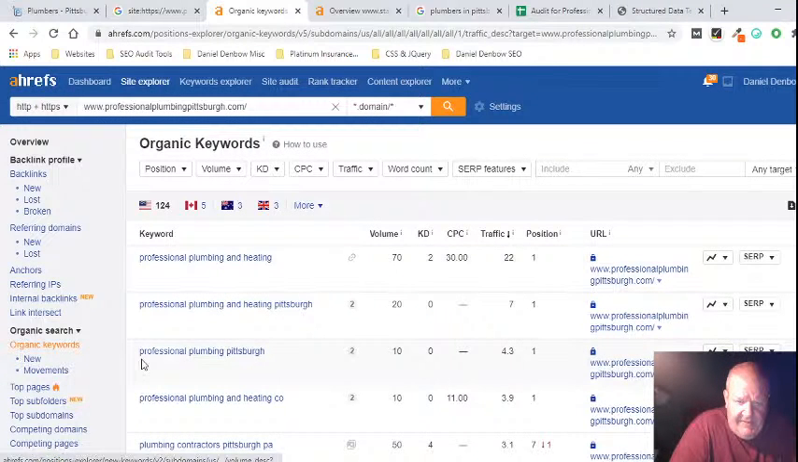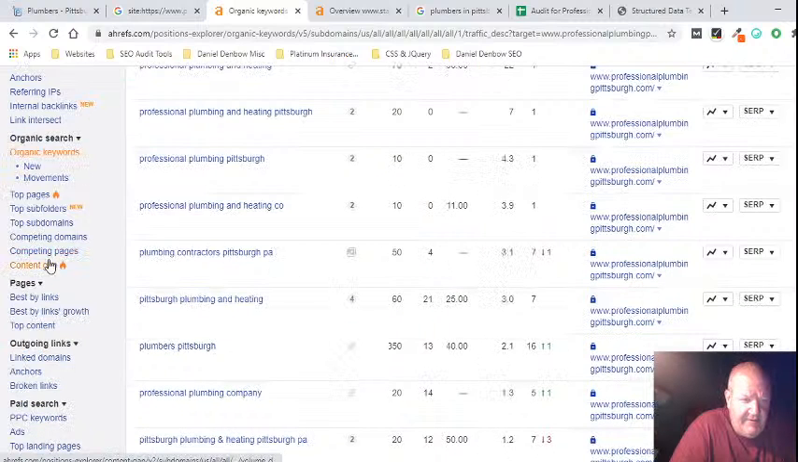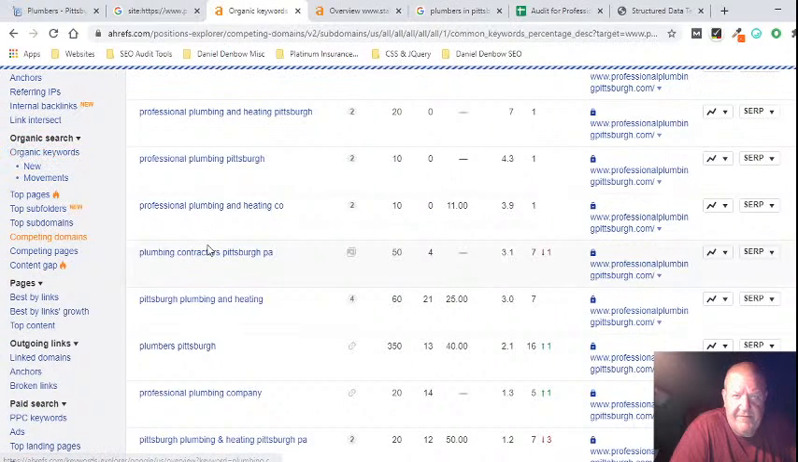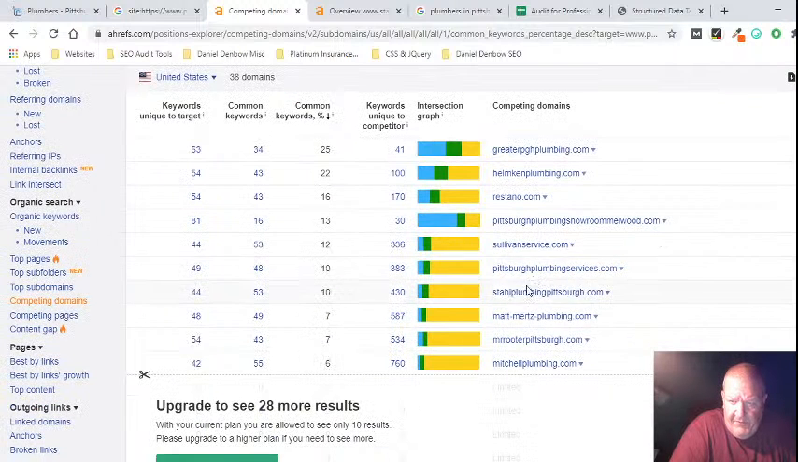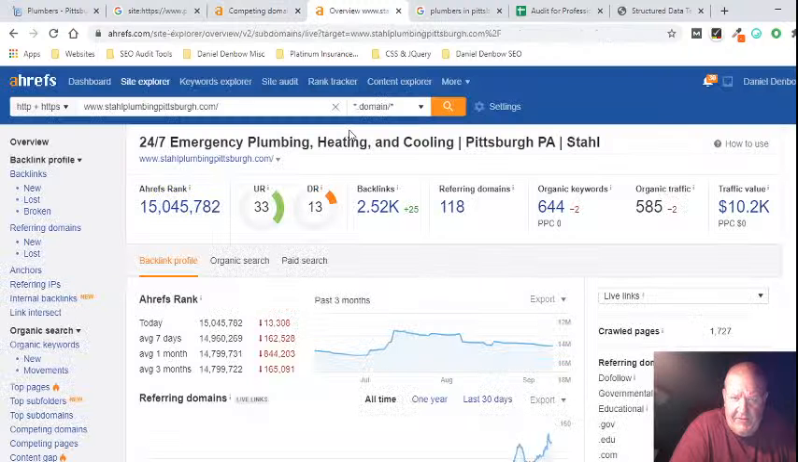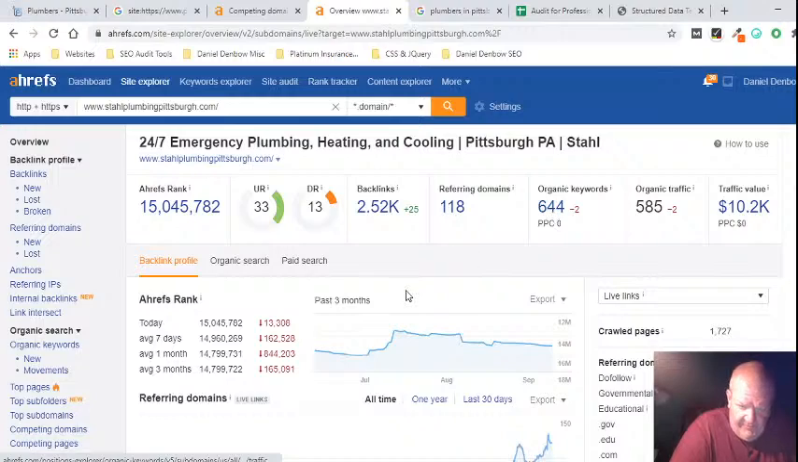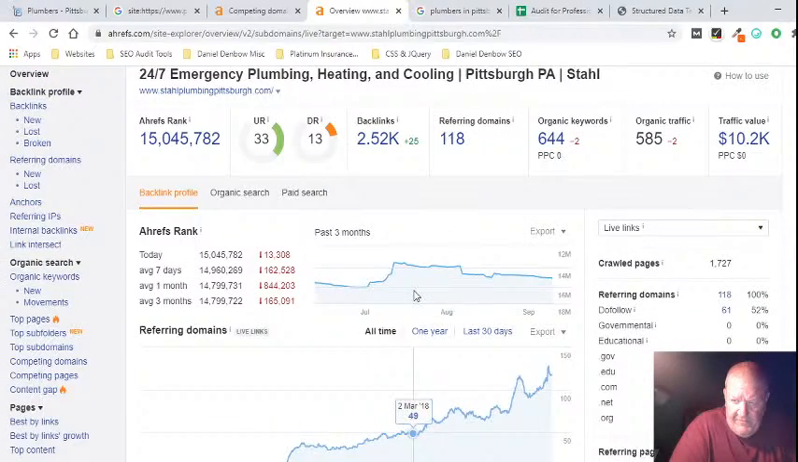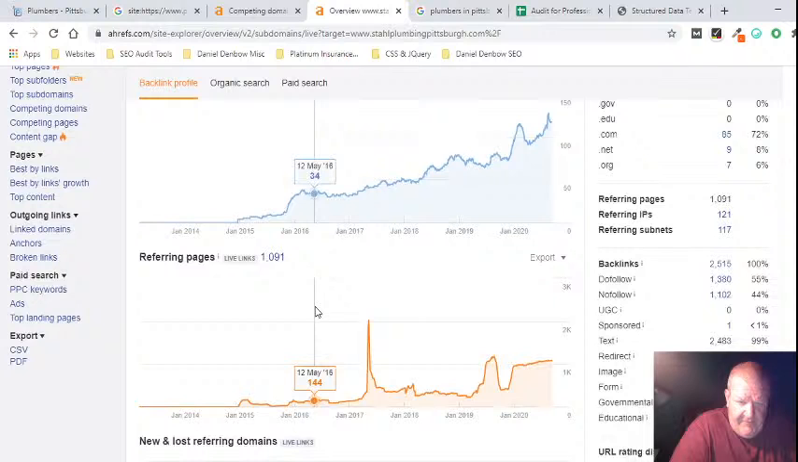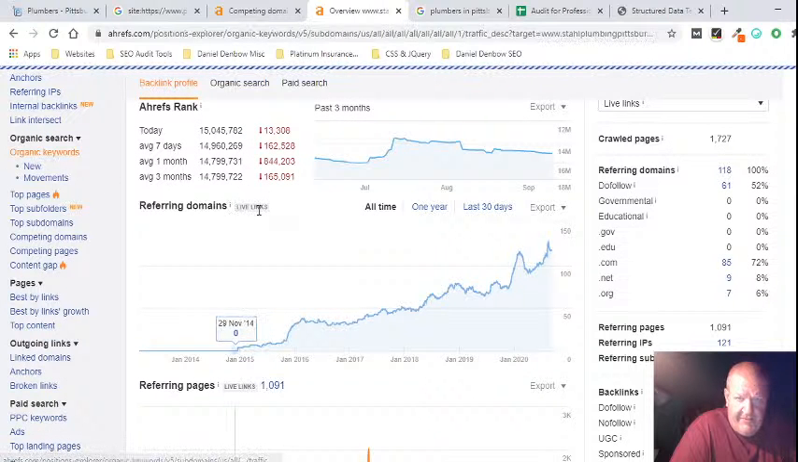This is your organic keywords, and if you come down here, your competing domains. Basically, there's a bunch of competing domains, but here's your main guy, one of these guys here ranking up top. Some of these guys are ranking higher, but they got 644 keywords, as you can see. So basically, what you want to do is try to rank for these keywords, and if you look at their top keywords,